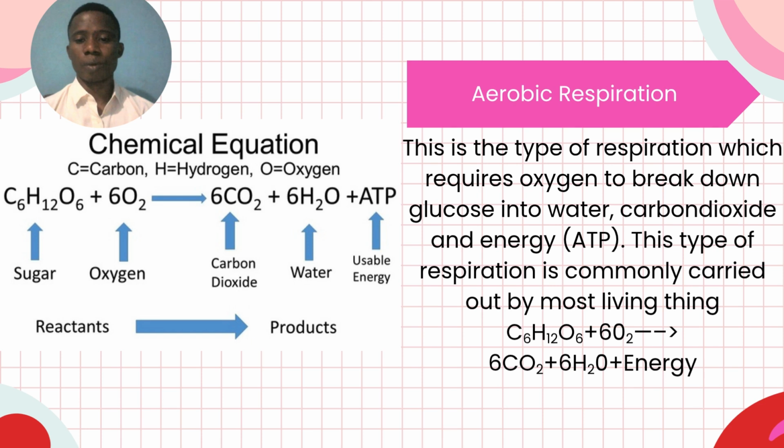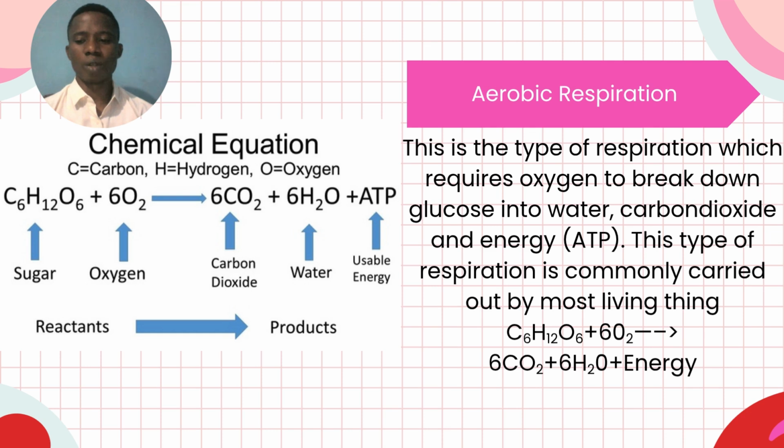Now, let's go to the product. The product means what goes out, which is the carbon dioxide. Carbon dioxide is the waste product that we exhale. Now, look at water. Water is another byproduct of the reaction. Then, ATP, which is the usable energy. This is the most important product. ATP, which is adenosine triphosphate, is the main energy currency of the cell, which powers almost all cellular processes